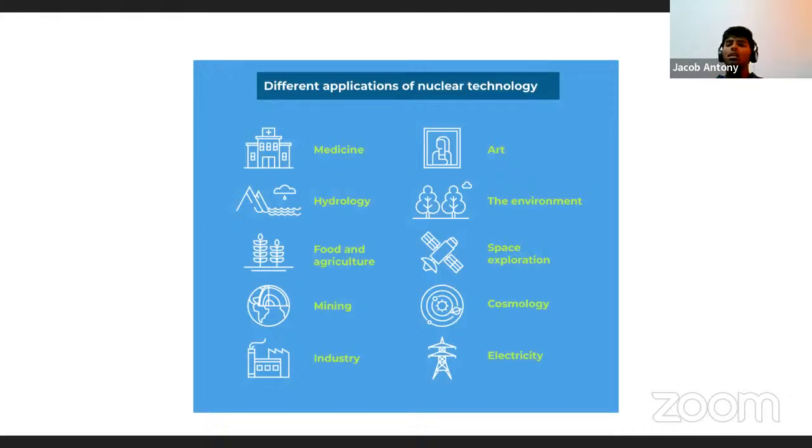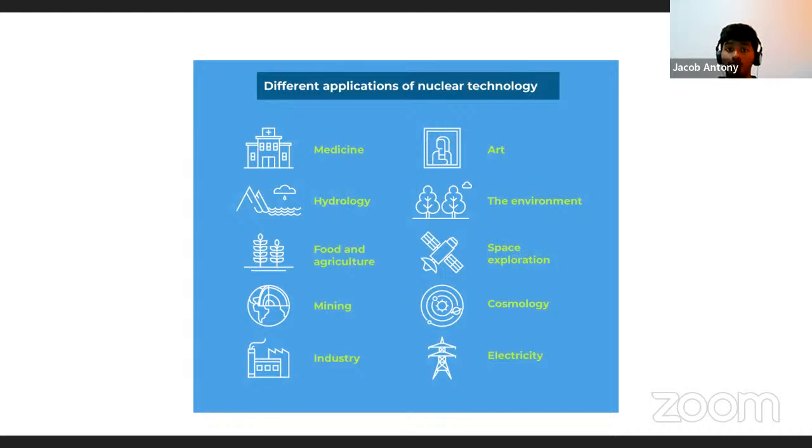For the environment, nuclear techniques are employed to monitor pollution, study ecosystems, and manage environmental conservation efforts. Space exploration. Nuclear power sources like radioisotope thermoelectric generators, RTGs, provide energy for spacecraft to operate far from the sun. Cosmology. Nuclear reactions and processes are key to understanding the formation and life cycle of stars, galaxies, and the universe